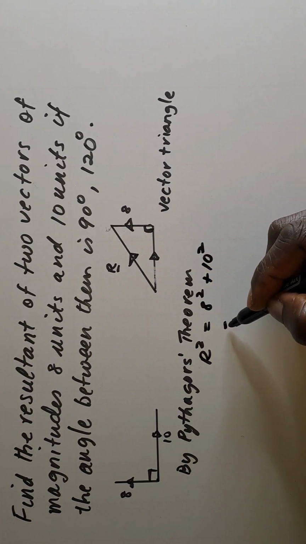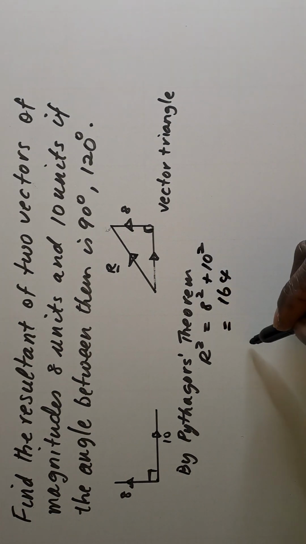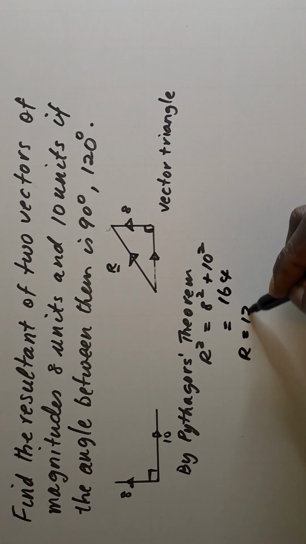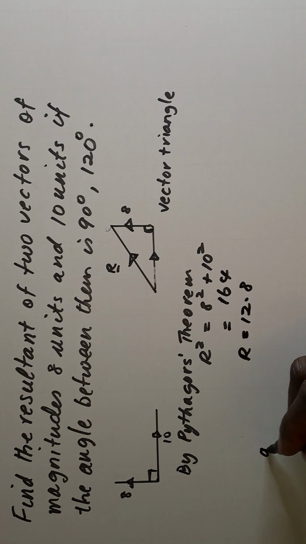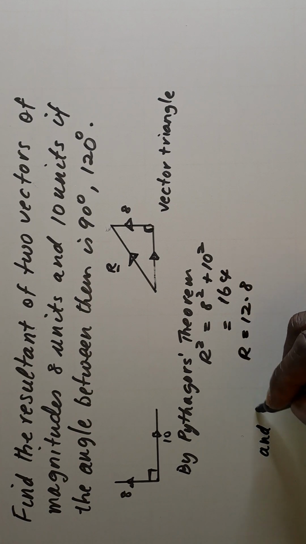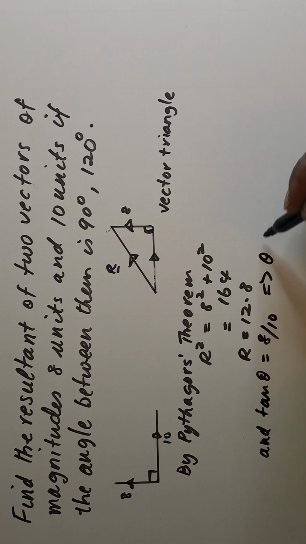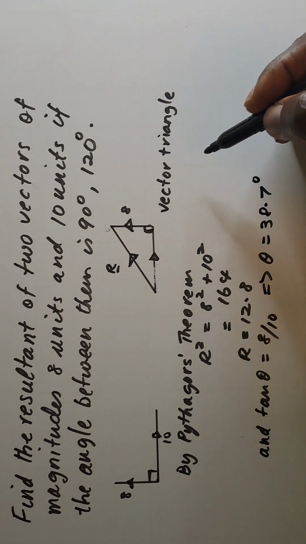So we have that r squared is equal to 164, which implies that r is approximately 12.8. And tan theta is equal to 8 over 10, which implies that theta is equal to 38.7 degrees. So we can conclude